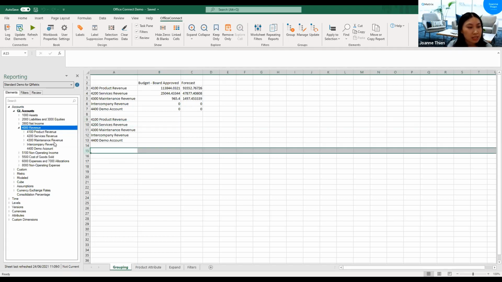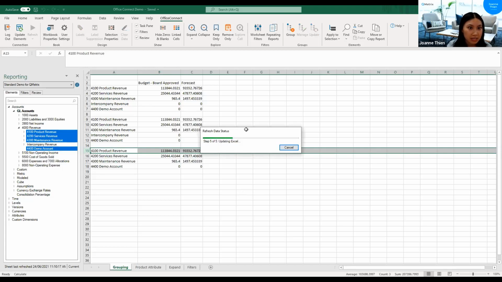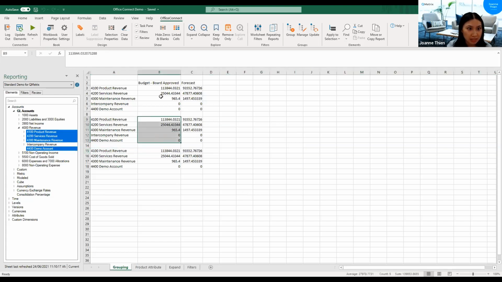So say, for example, you don't want intercompany revenue in your report, you just want a select group. I'm just going to use the control button here, so control click and just control click on these 4 accounts and then apply selection as a group. And now if I refresh the report, you'll see data appears. So this one is exactly the same as the one above. This one doesn't have the intercompany revenue.